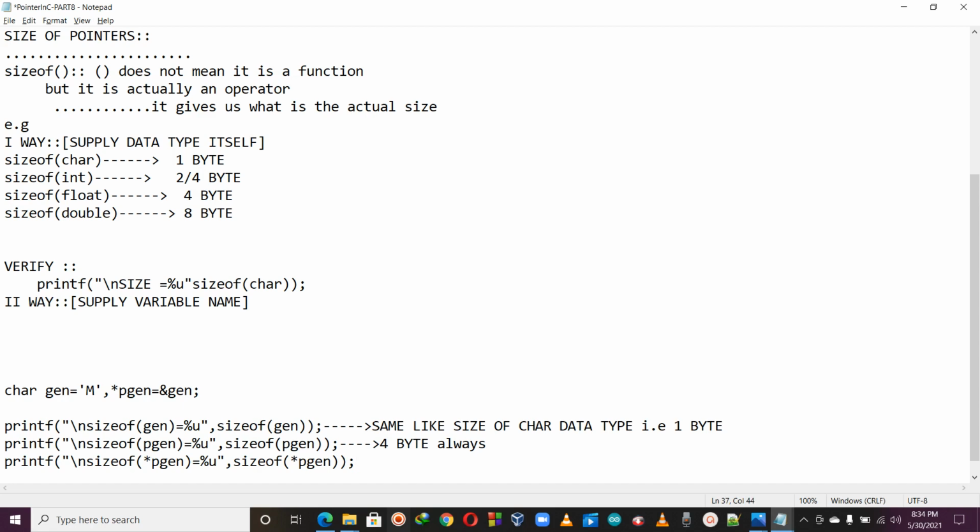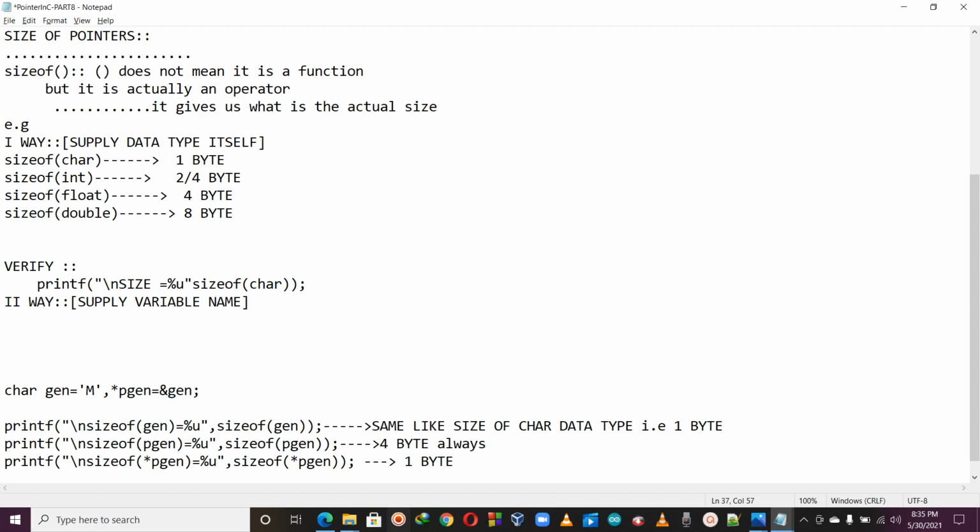In the pointer you have the address, and dereferencing means you are getting the actual information held at that address. So how many bytes of information do you have in case of the character pointer? Obviously only 1 byte. So the answer is 1 byte.